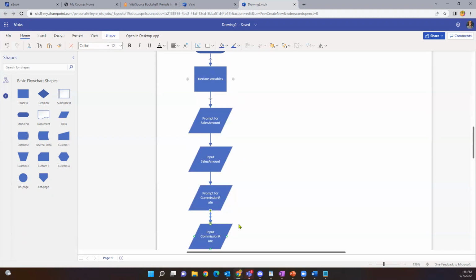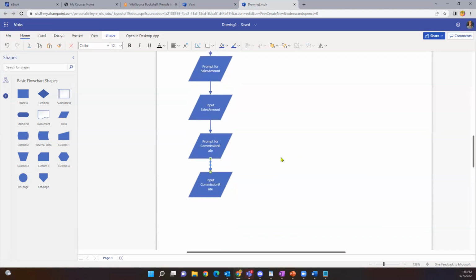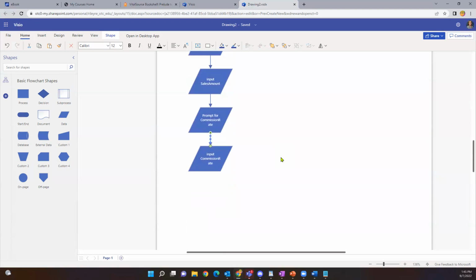I've declared my variables. I've prompted by writing out, and I've input reading data from the console, saving to my variables. Now I'm ready to do my processing formula. So I will set commission earned equal sales amount times our commission rate